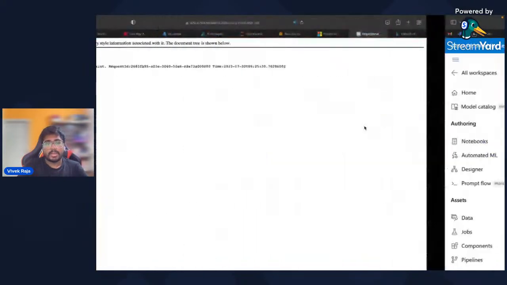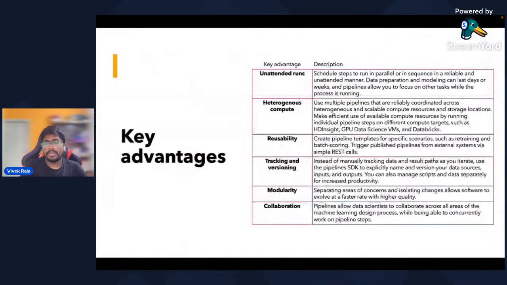So going back to reusability, you can share your pipelines from REST API. You can trigger pipelines using REST APIs. We might not use it today, but I'll show you how pipeline runs. And for tracking and versions, you can create multiple versions of your pipeline and manage your scripts and data very separately. Each and every step can be easily maintained and gives you big modularity. Instead of having everything under one script, we have separated out the scripts and managed them properly.